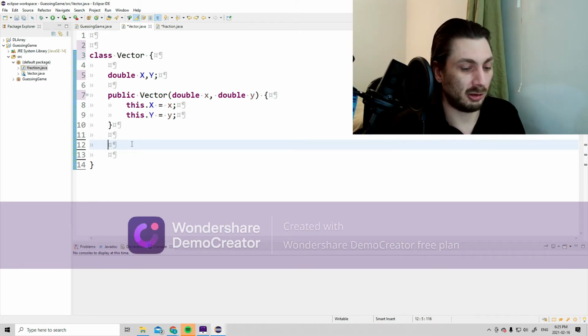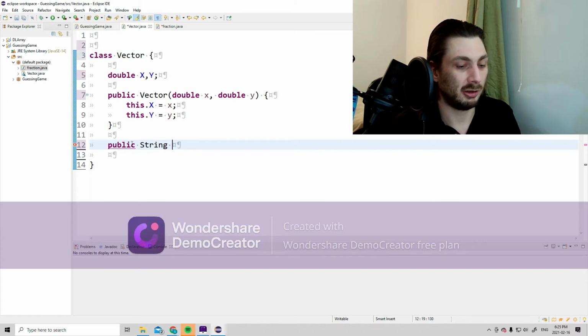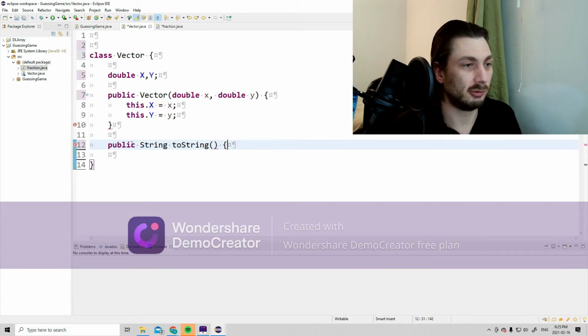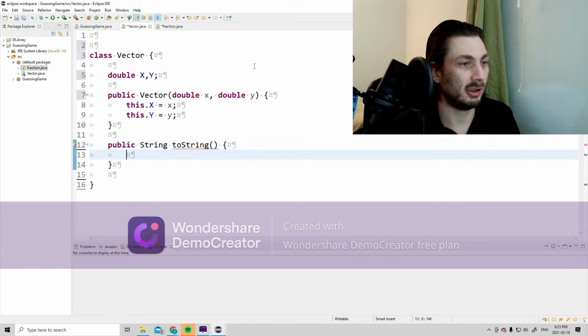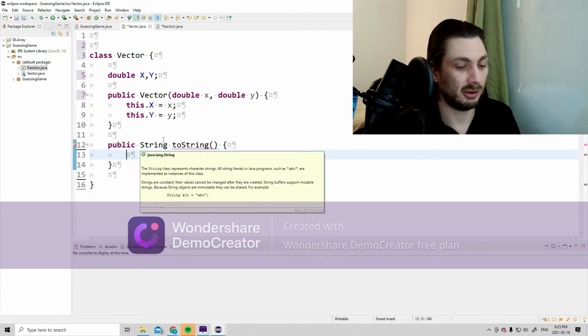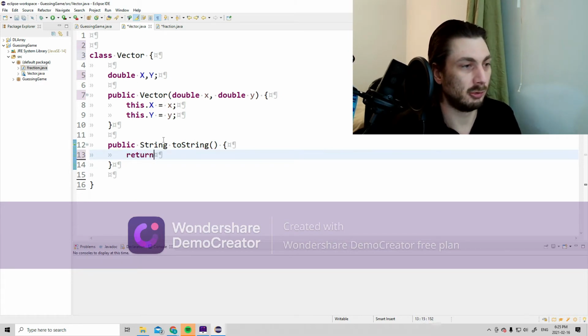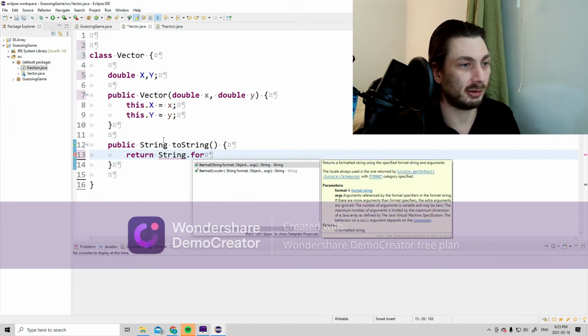So, the toString function is going to be a public function. It's going to return a string. It's called toString, and it doesn't actually need any parameters, because we're just going to be returning this thing, or whatever the vector is. And so we're going to return, and I'm going to do some string formatting. So String.format,